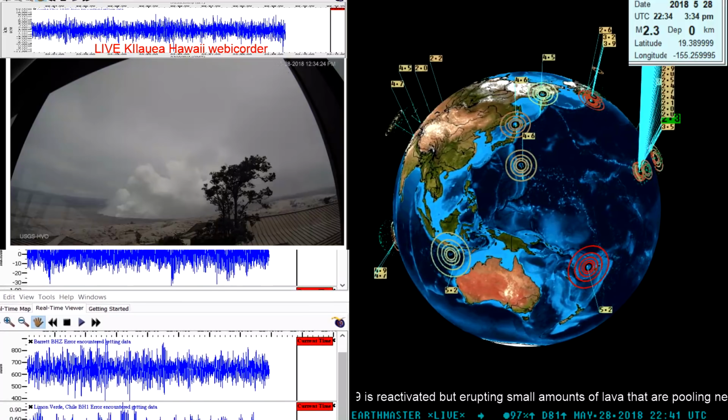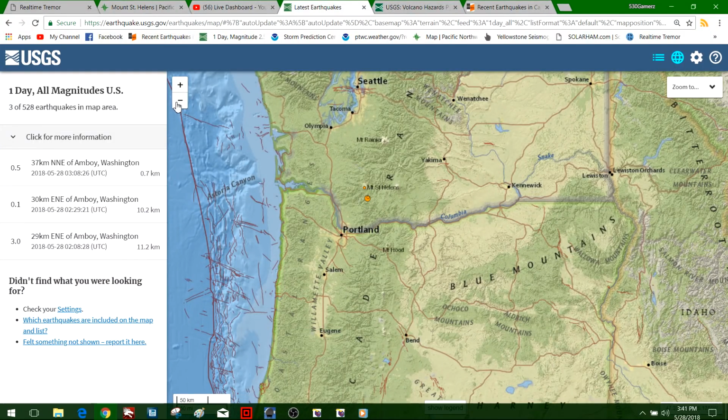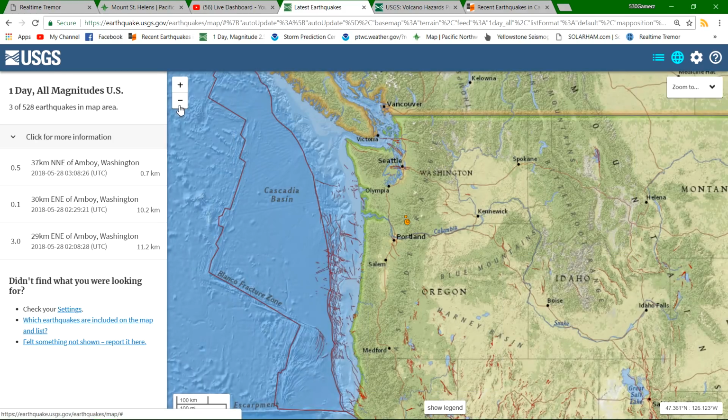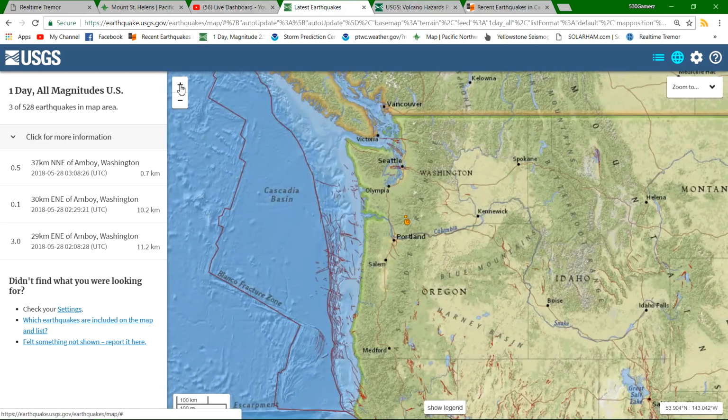But I wanted to cover earthquake activity up in the state of Washington, a little bit of activity occurring in that region. Let me zoom out so you can see an overview here. We got the western United States region here. Zoom into Washington, you can see the fault system, the Cascadia fold and thrust belt, all that good stuff underneath here, where they're still having a slow